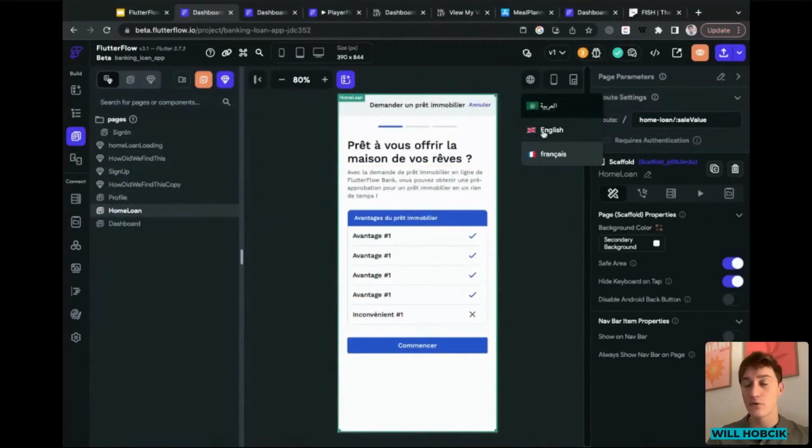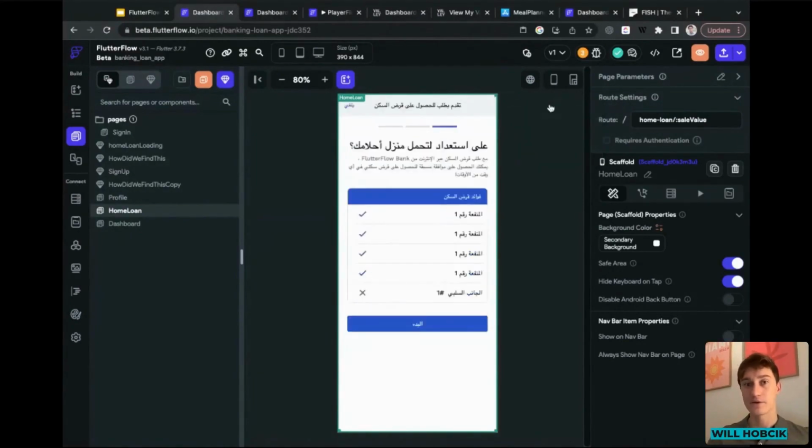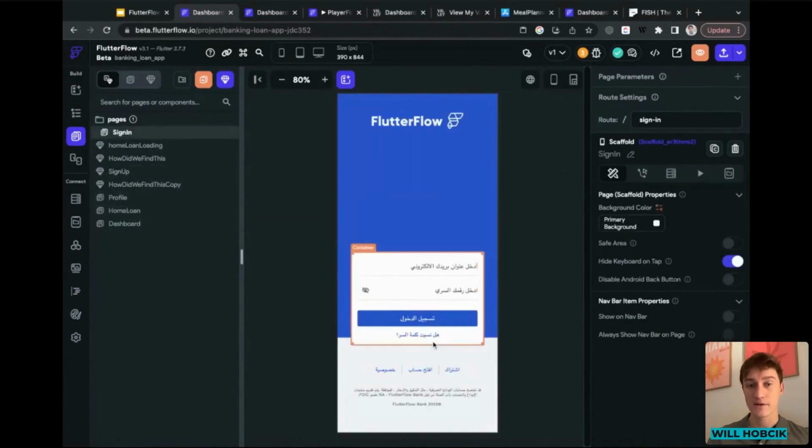And it works the same if I use a right to left language. So you can see I toggle that on, everything switched direction, right? The buttons move from the right side to the left. You can see everything, right, has switched sides. So it's extremely easy to build scalable applications at scale for multiple countries, for multiple user types. And this is all with our visual builder with no code.